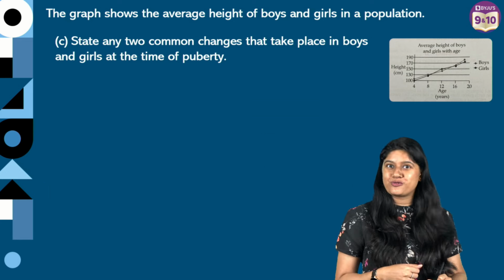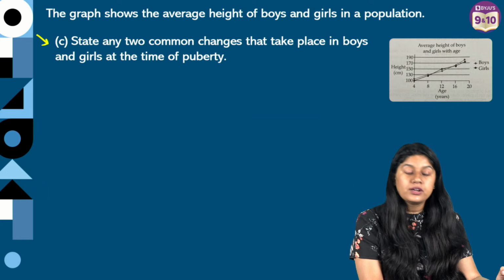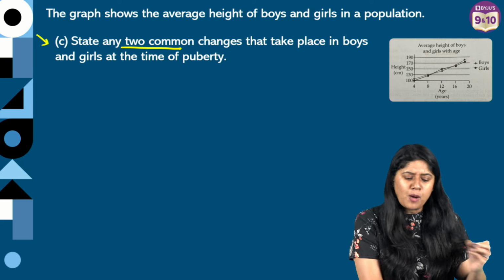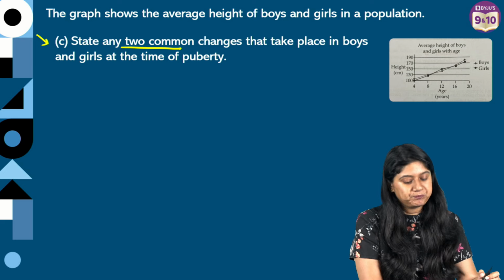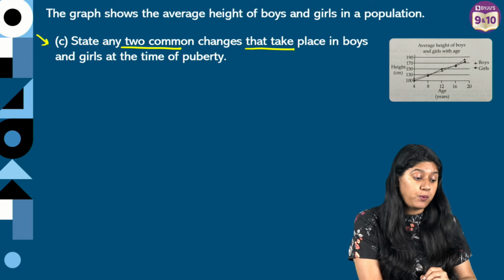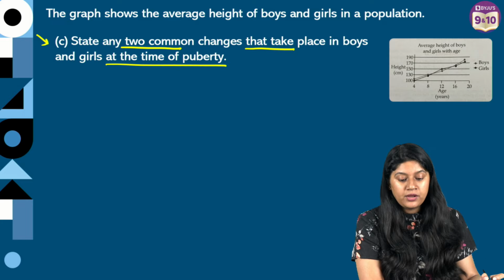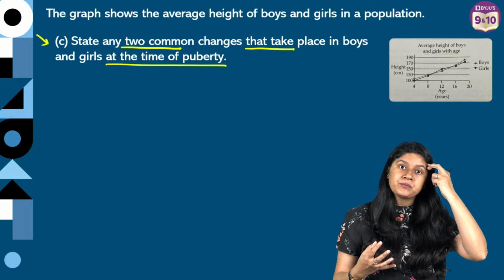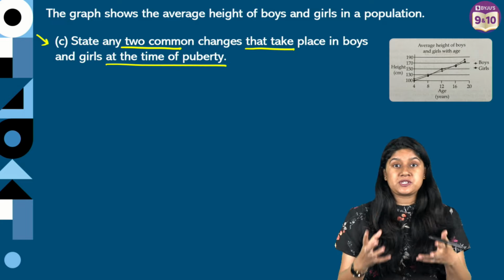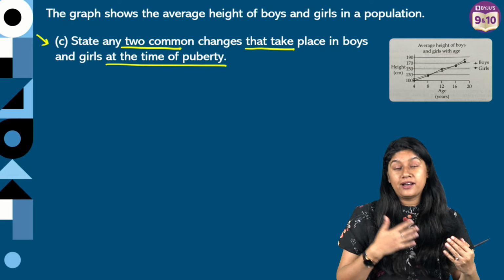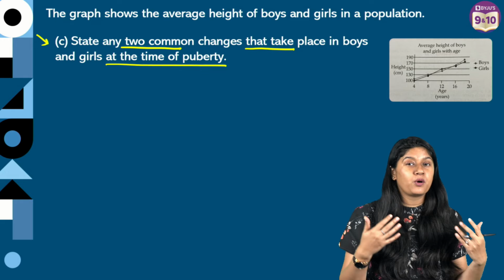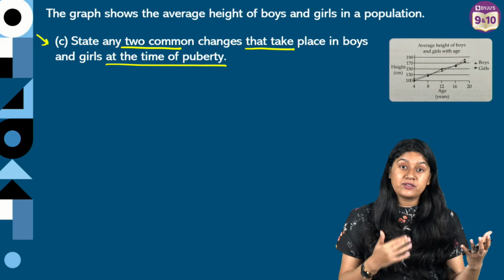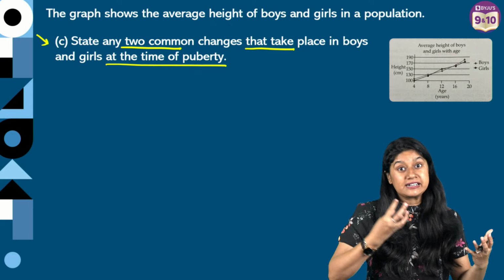Now we have the OR part of it. We have to find out the 2 common changes that we usually see in the boys and the girls at the time of puberty. Now, what are the changes that we see? There are a few common changes and a few very specific changes in boys and girls. In the boys, we'll see the change of the voice. In girls also, we'll see